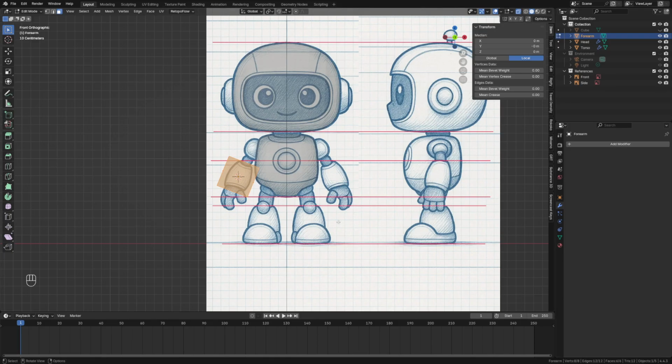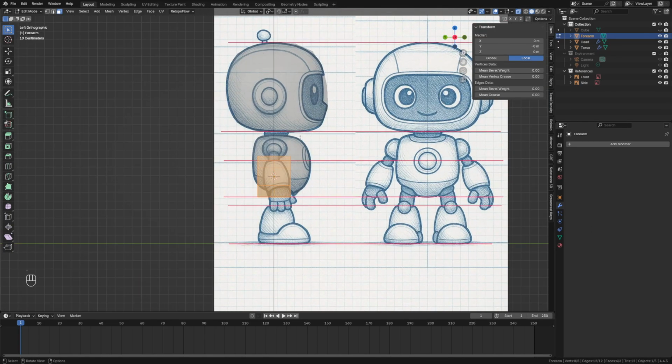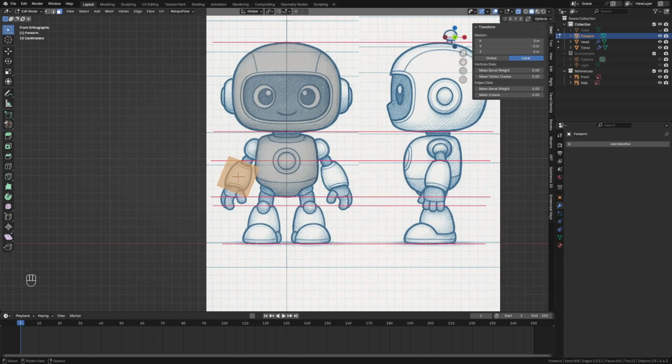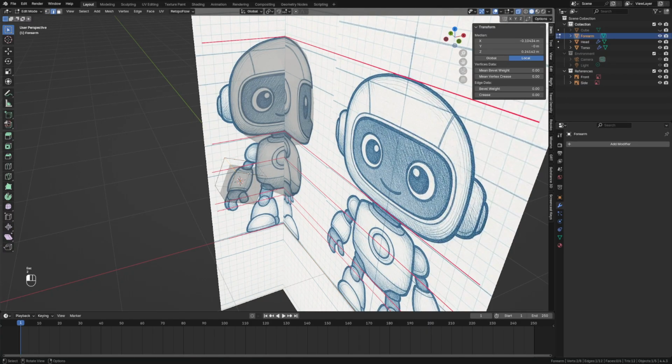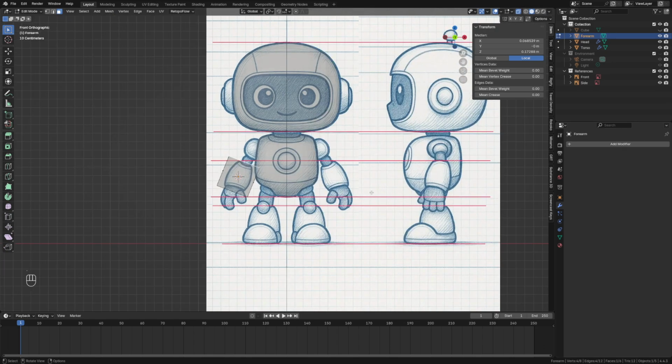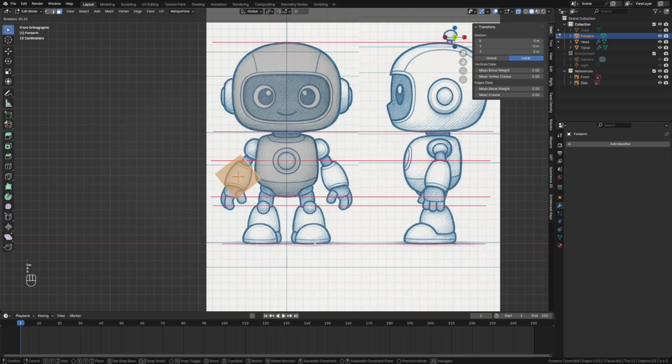For the forearm, I will not use the side reference image because it has a bad angle and makes things harder. And I will not move vertices individually because I want the front and side edges to be the same length. Scaling that face won't change the length difference. If I want to change that angle, I will select all and then rotate because I want the top and bottom